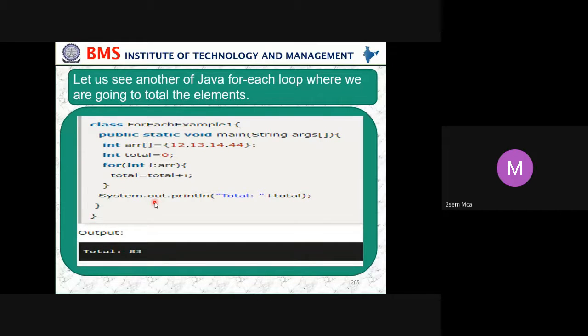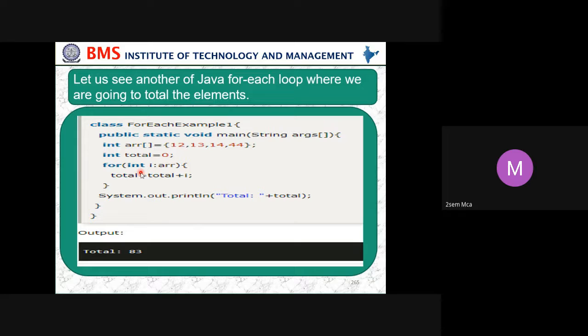Okay. So let us see another similar program, but we are adding the elements. Now the array has 12, 13, 14, 44, and we want to add all these elements and get the total. So here, int total equals 0, for int i, and total initially is 12, then 12 plus 13, then 14 and 44.